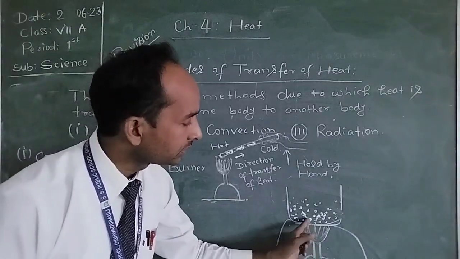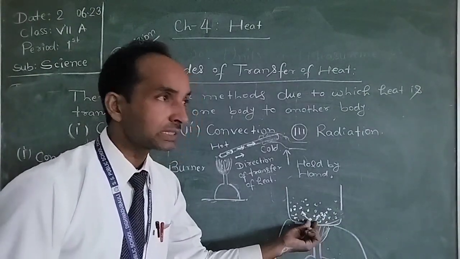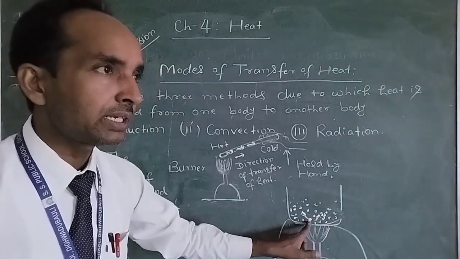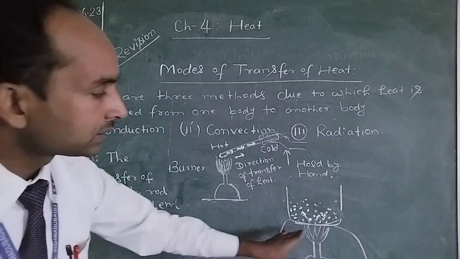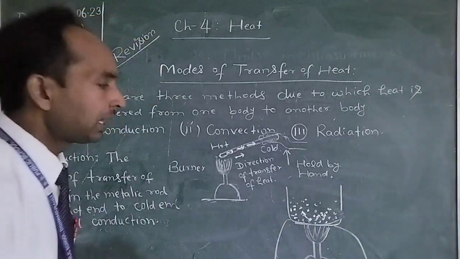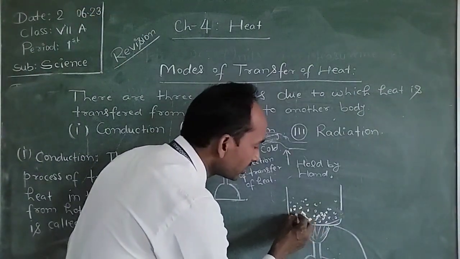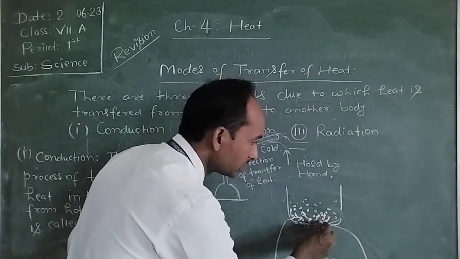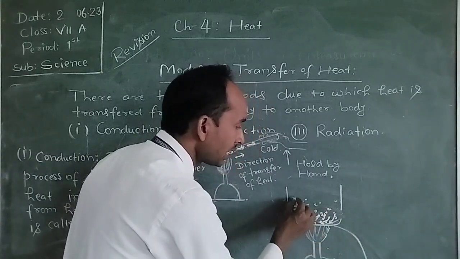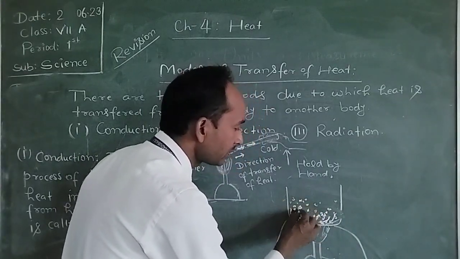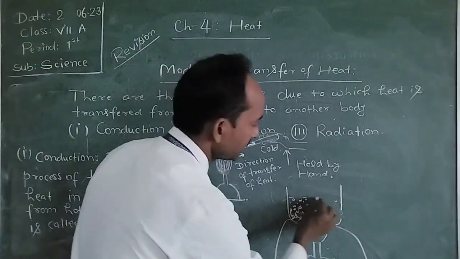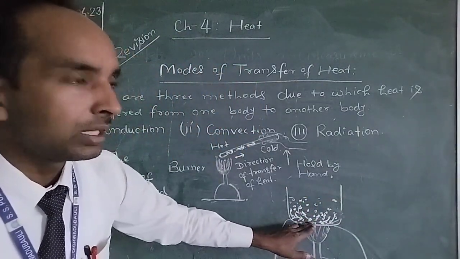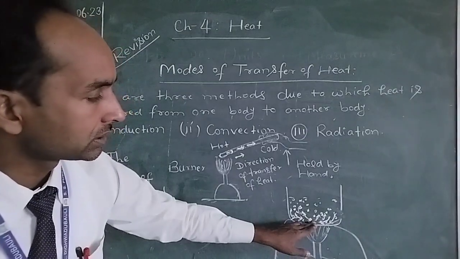So when these molecules get heat from the source of the burner, they become light and rise up, and that place becomes empty, and the nearby molecules come to fill these places, and some molecules from above the surface of the water come down to fill this area or region. So